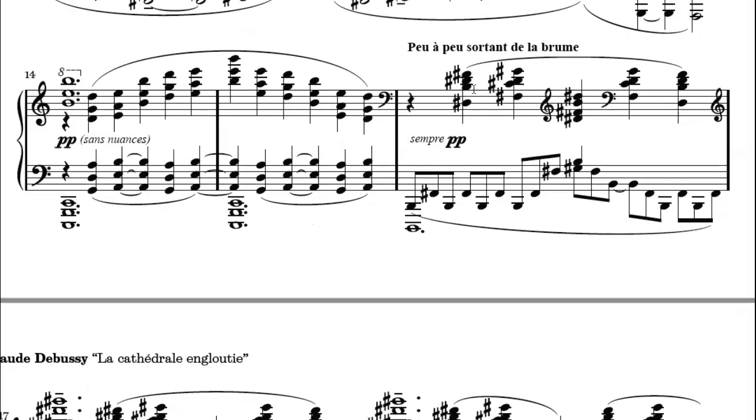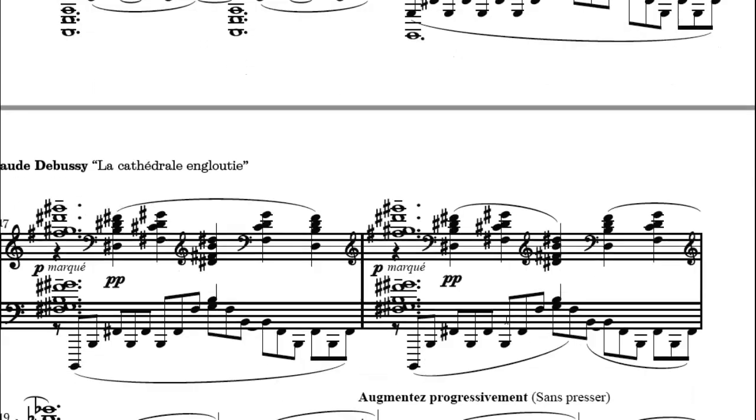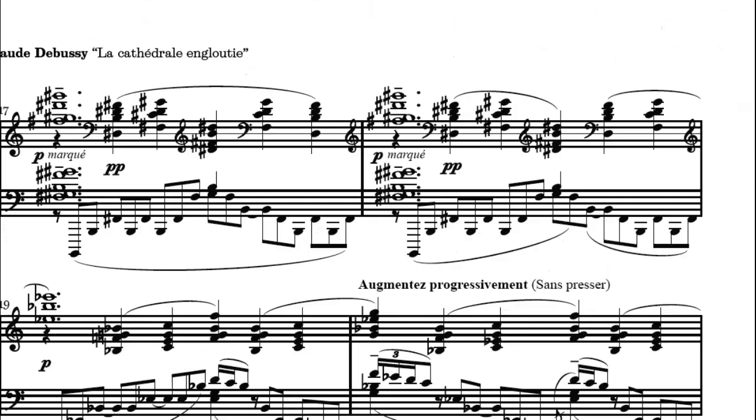We do have a lot more thirds and even seconds to create a little bit more bite and activity in what's happening here. Let's let it play just for a few more bars and watch what happens in measure 19.